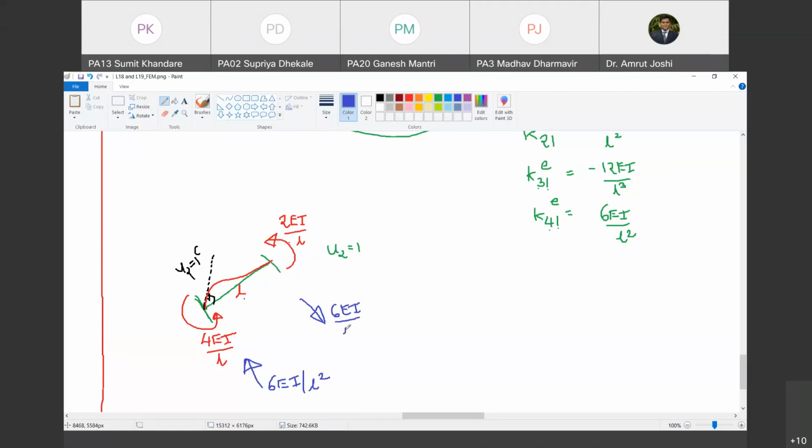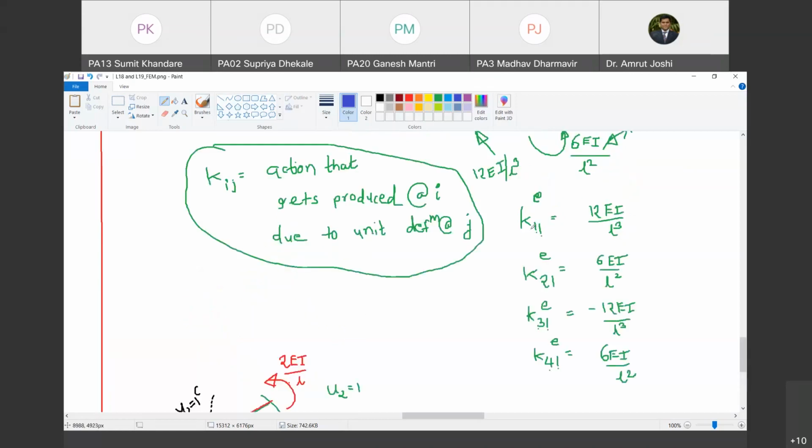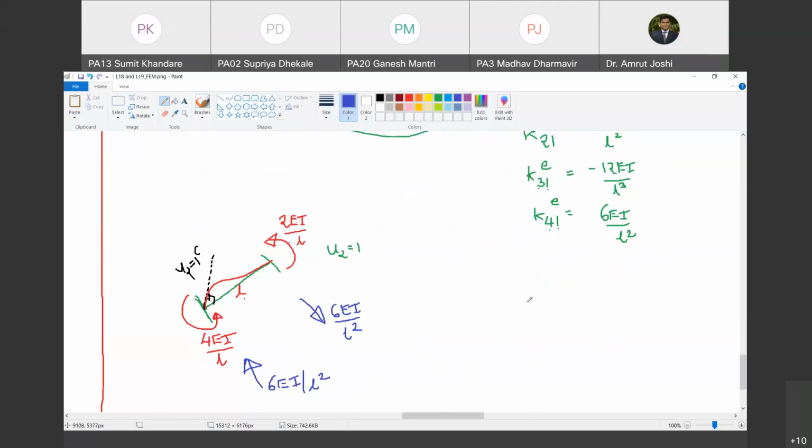देखो प्रोसेस बहुत इजी है. Once we complete the stiffness coefficient for all the degrees of freedom, you will get the hang of it. पहले जैसे जैसे कर रहा हूँ वो देखो. So to have unit rotation, you need to provide moment equal to 4 EI by L, consequence 2 EI by L, add the moments because they are in same direction, and then divide by L. Those are the reactions. If moments are anti-clockwise, reactions must produce clockwise. Are you with me?